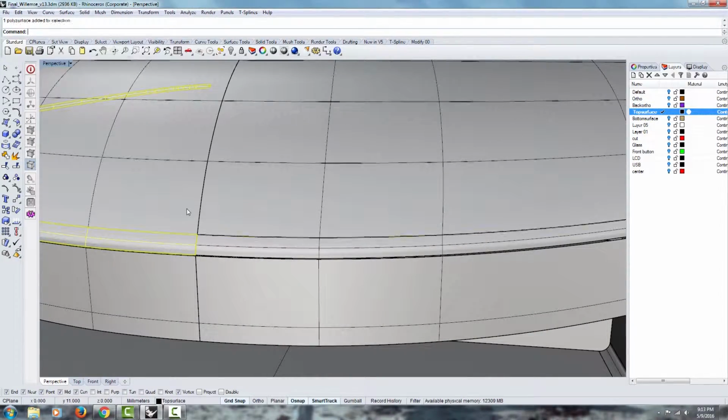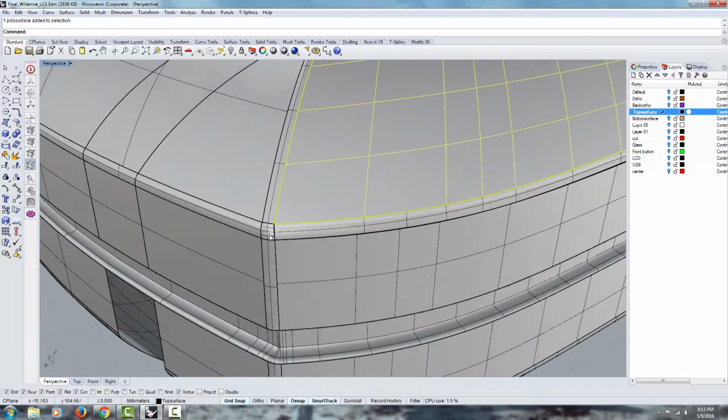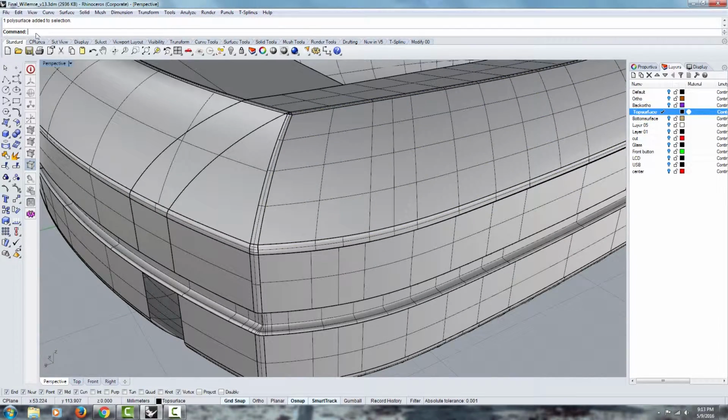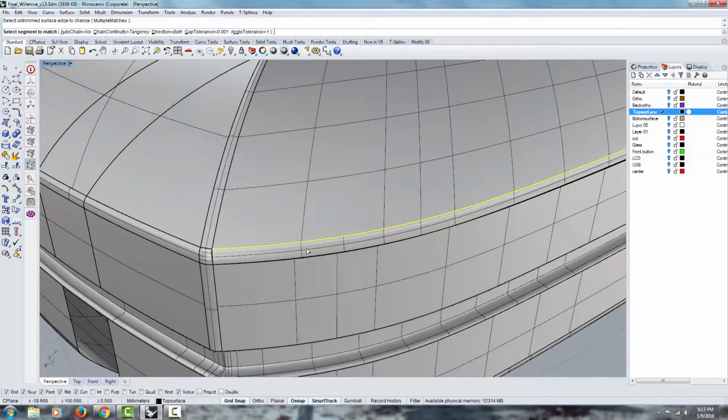So now this is tangent to that. And we can do the same thing on the other side. So if I press enter, it's going to prompt the same feature again, match your face. Select an untrimmed edge, that's this one. And then we want to match it to,